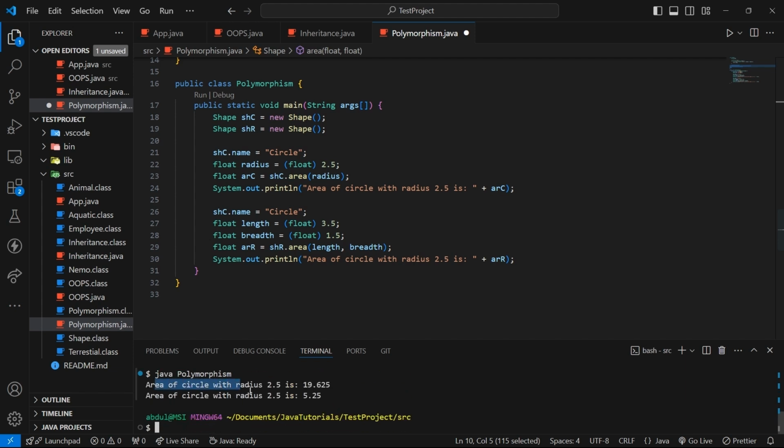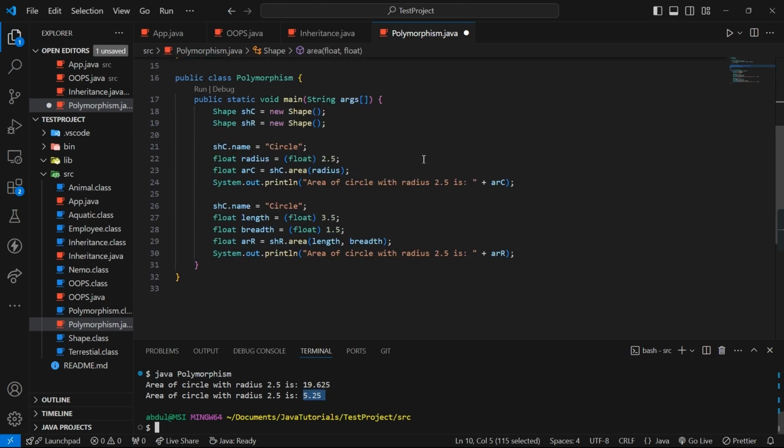So now we can see area of circle with the radius. Sorry, I forgot to update this, but it is giving different values, right? Like it is pi r square, and then this is length into breadth. Or hopefully I did this. Perfect. So we can say here area of